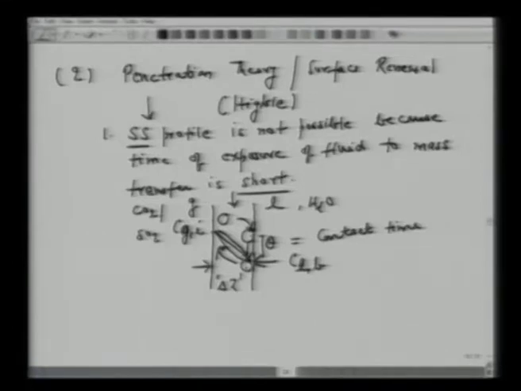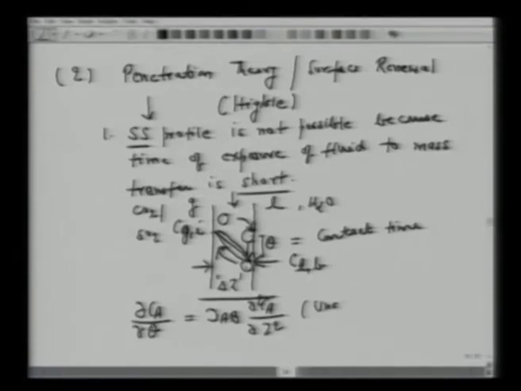All right. So without getting into too much of the mathematical derivation, one can write an expression for the unsteady state concentration profile, which can be written as DAB del square CA over del Z square. So the main idea is that this is unsteady state, and with some initial conditions and boundary conditions, one can still come out with the expression for NA in terms of mass transfer coefficient and CGi minus CLb.